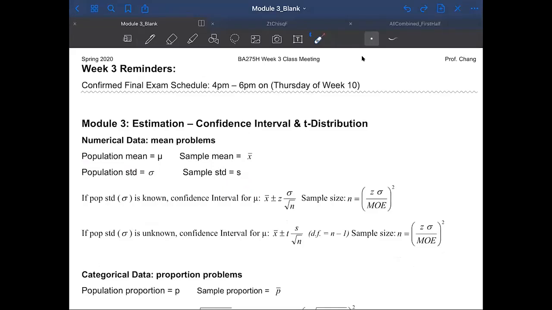Similarly, for P and P bar, P is going to be the population proportion. If you want to estimate this quantity, because this quantity is unknown, you can estimate it using P bar, right? That's going to be the sample proportion. Okay, and so these quantities, which I just circled here, represent our point estimation. This is easy to do, but there are a lot of limitations with point estimation because this is just one number.